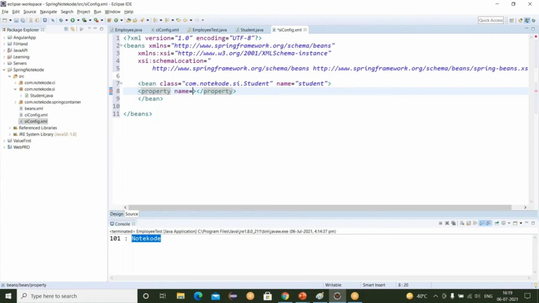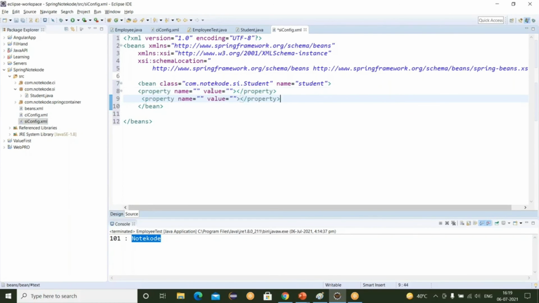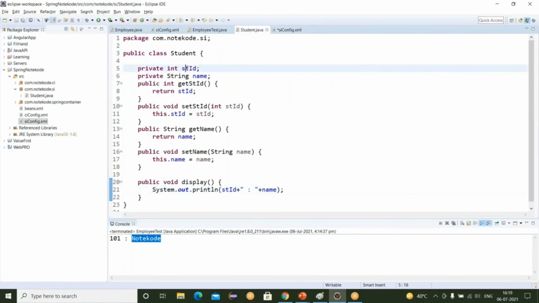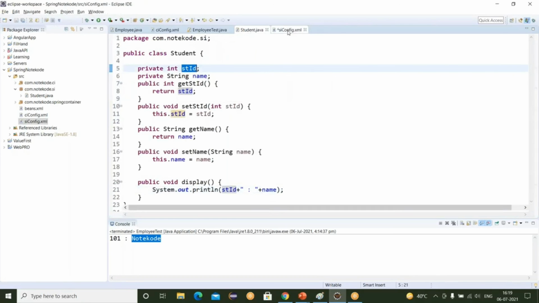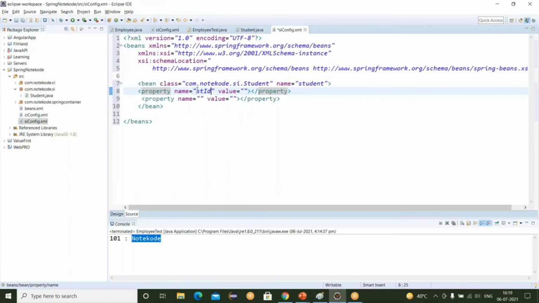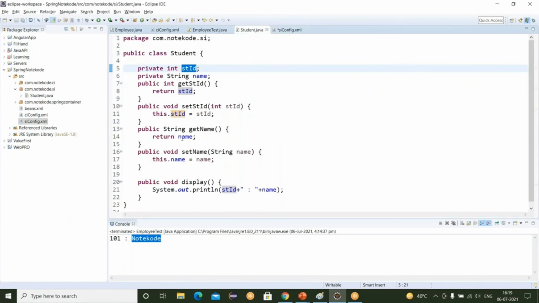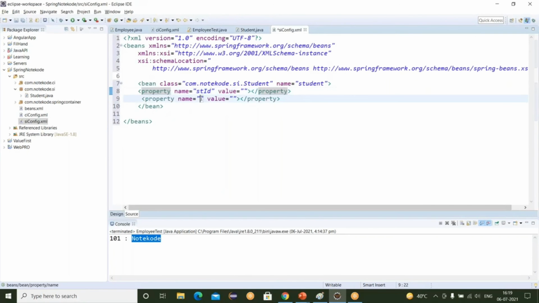Inside this, you have to write the property name and value. Since we have taken two variables, define two property tags here. One is studentID and another is studentName.